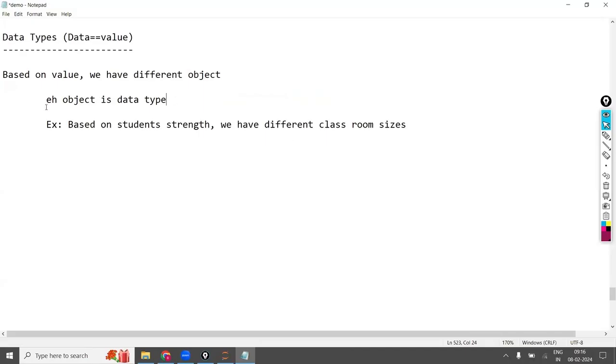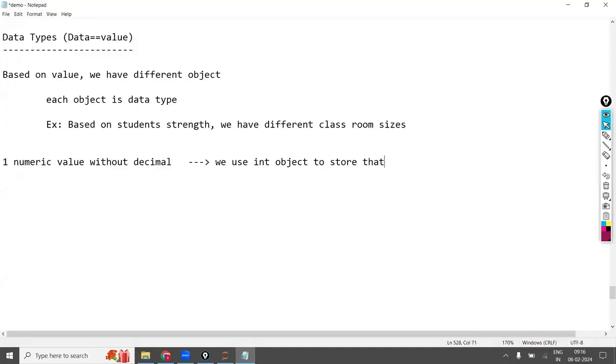Okay. So each object that you have is a data type. Now, for example, if you have one numerical value without decimal, then we are going to use the int object to store that value.